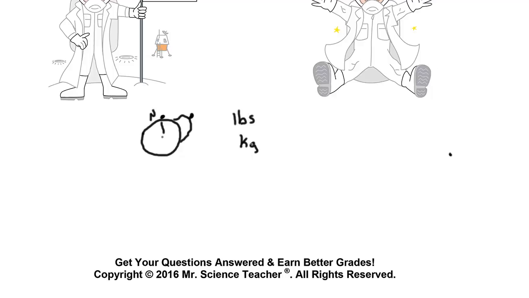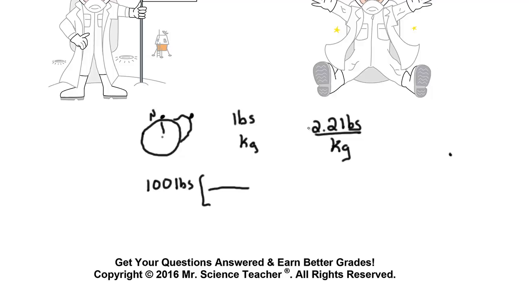But luckily for us, there's an approximate conversion factor. And I say approximate, but we're going to use the simplest case. There are 2.2 pounds for every kilogram. 2.2 pounds per kilogram. So let's say I have something that is 100 pounds,